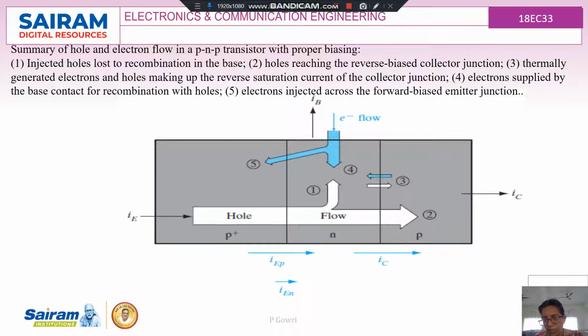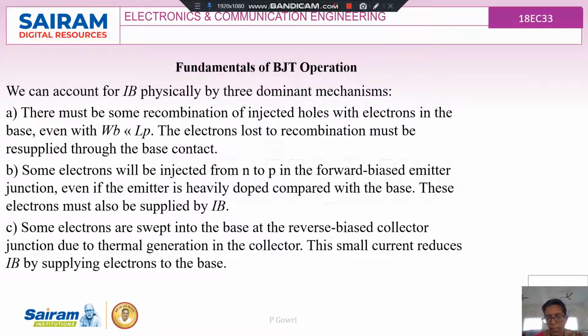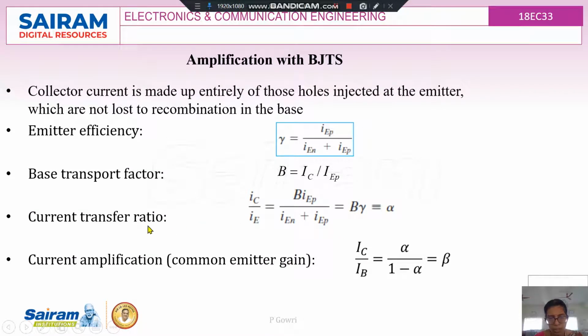And the next one is the current gain. So we have two different current gains. One is the common emitter configuration current gain, which is given as beta. Otherwise it is called the current transfer ratio, which is nothing but IC by IE. As per my diagram, IC is the output current and IE is the input current, which is nothing but beta into gamma, which is equal to alpha. So alpha will be almost equal to 1, and alpha, beta and gamma, all these three values will be almost equal to unity, or slightly less than 1.